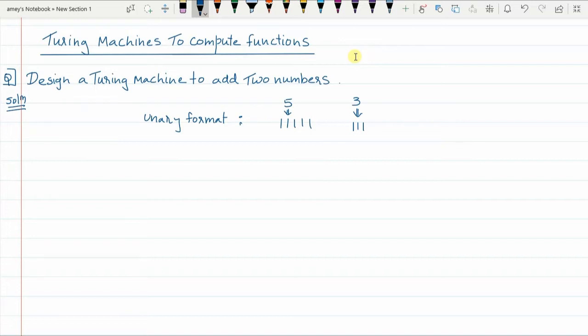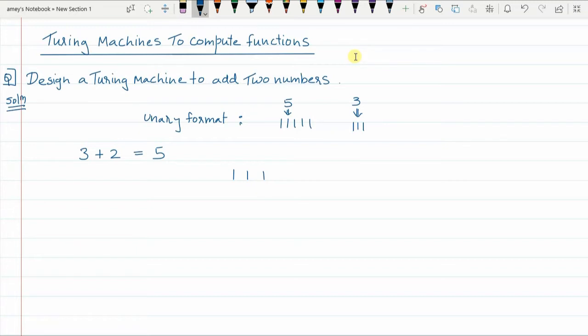So what is the basic idea? For example, when I add two numbers, say I want to add 3 with 2, the answer of this is 5. So assuming that there is a tape given to us, I will first insert the first number on the tape. Let's say 3 is the first number. Then I also have to insert the second number on the tape.